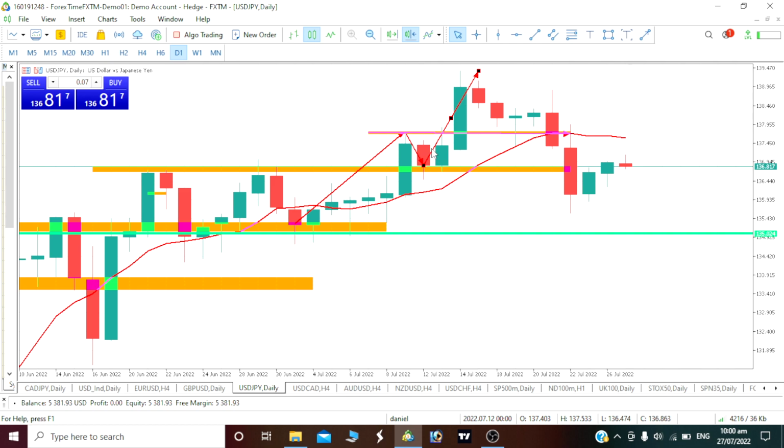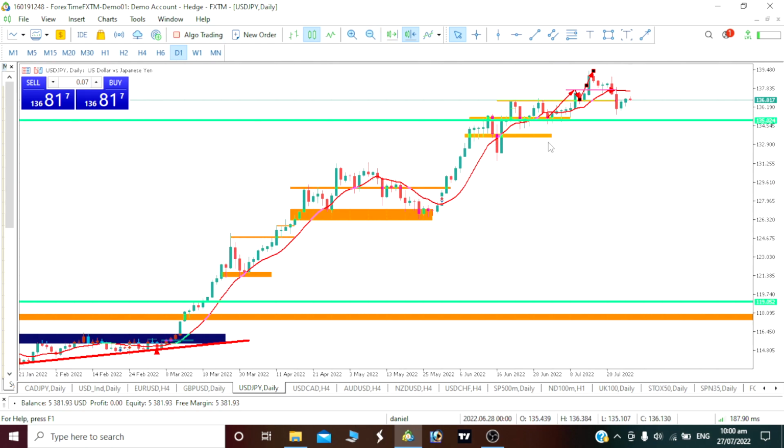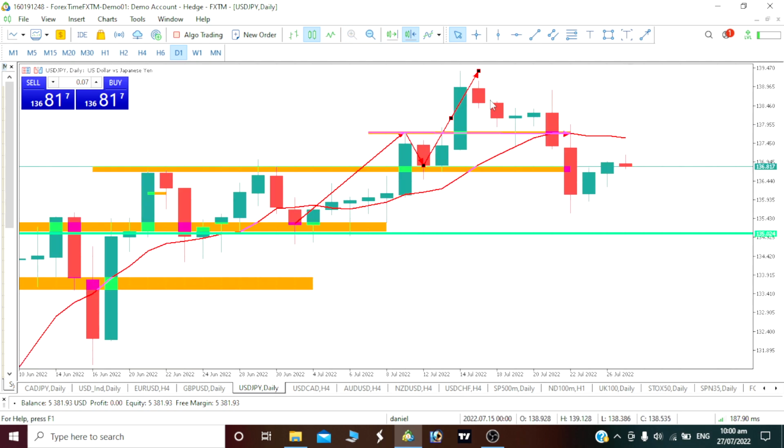Now let's start with our Euro USD for the day. We can see we would start with our daily time frame. Long term move, we are actually on an uptrend move, right? We are actually on an uptrend move for some months now, and guess what, I think we are starting to have a drop right on our